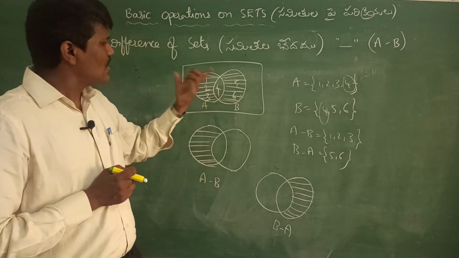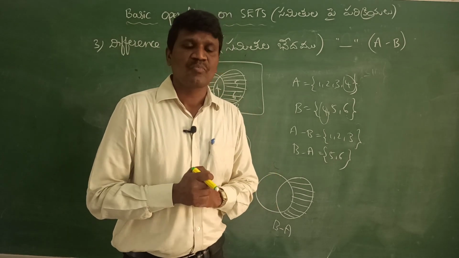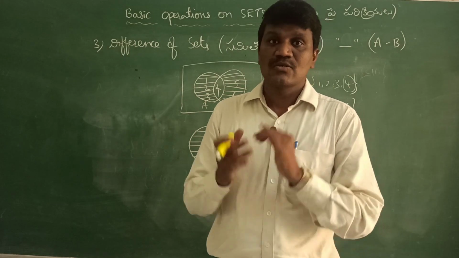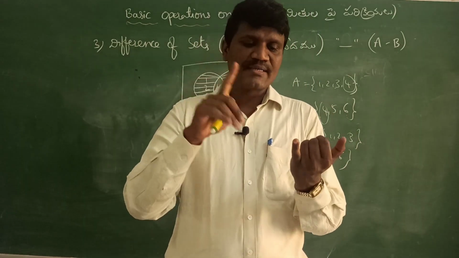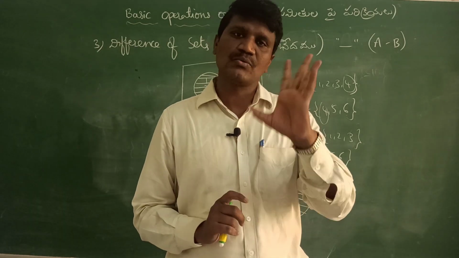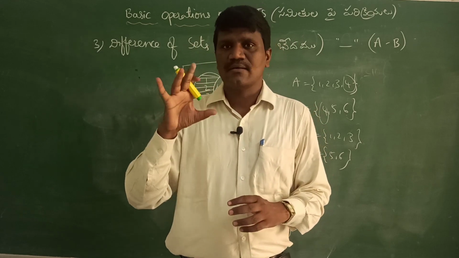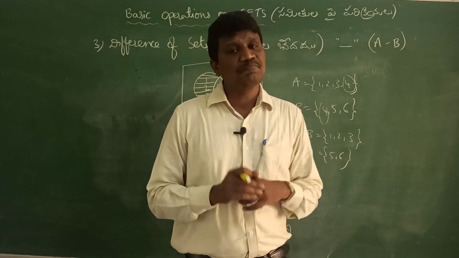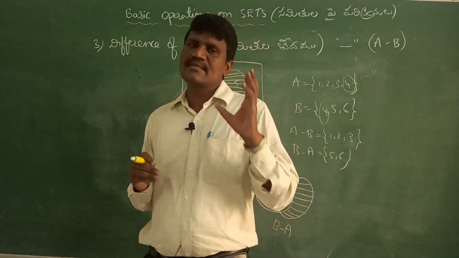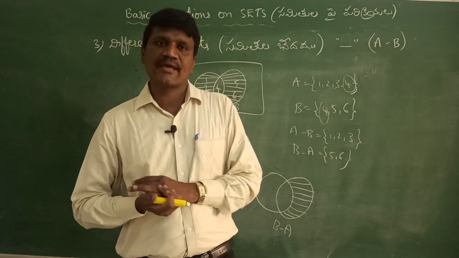So based on this, how the questions have come, let us see in the next video. Okay students, so this is about intersection and difference of sets. So now we have seen what is the union of sets, what is the intersection of sets, and what is the difference of two sets. And also we have seen how to represent elements in the Venn diagram and also how to represent union of two sets, intersection of two sets and difference of two sets in a Venn diagram form.